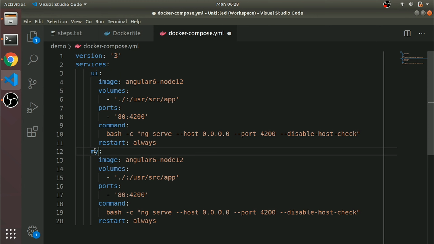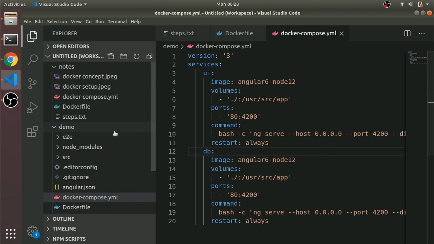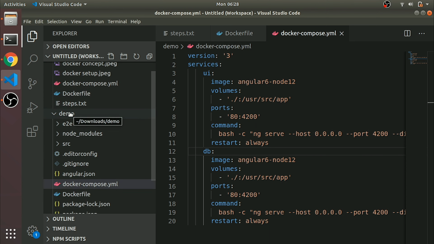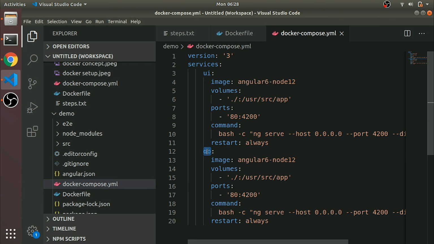I will put MySQL, or we can put DB, a simple DB. So what will it create now? The parent folder is demo, right? It will create one container demo_UI_1, and another container demo_db_1, where db is the service name.